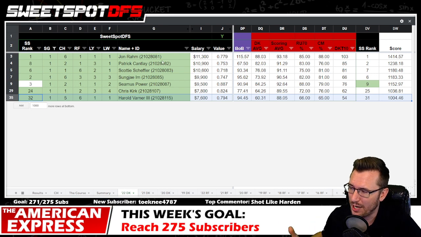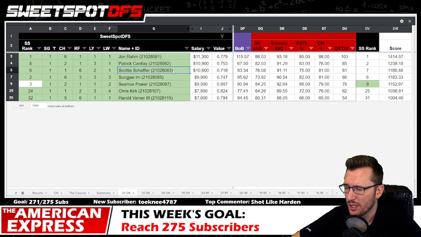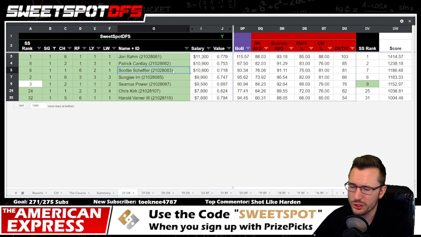So what I'm looking at right now is I really like Rahm, and I also like Cantlay. I think I want to play something like 80% of Rahm, 20% Cantlay. But I also don't want to miss out on Scotty Scheffler. So I'm either going to do one of 2 things. I'm going to put Scheffler in one of my higher entry fees, like just build out a Scotty Scheffler lineup,